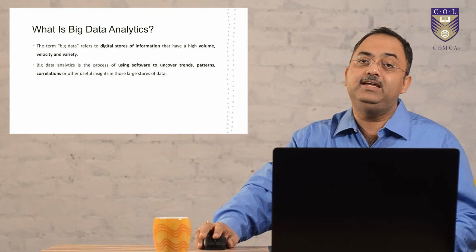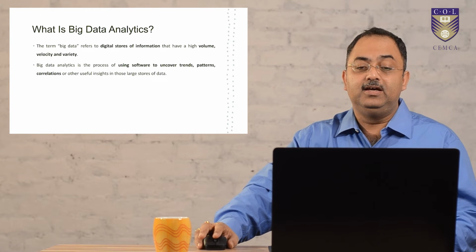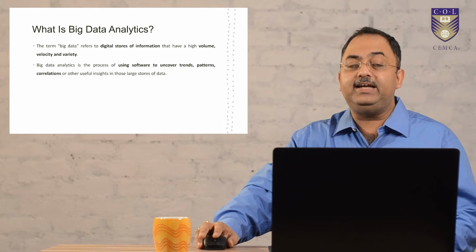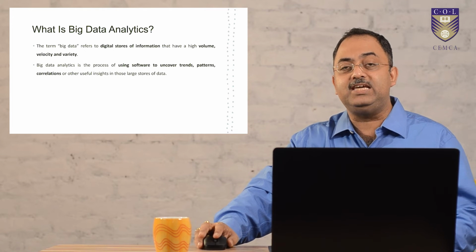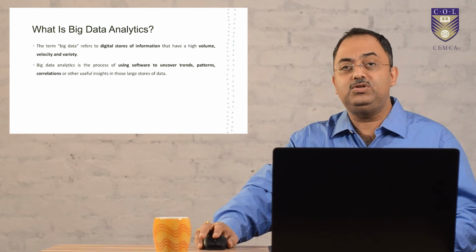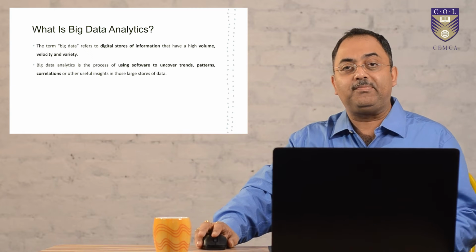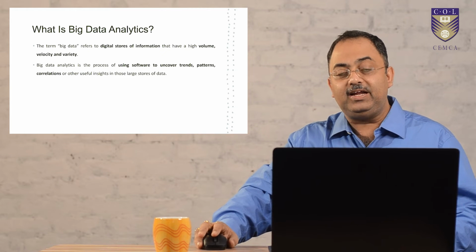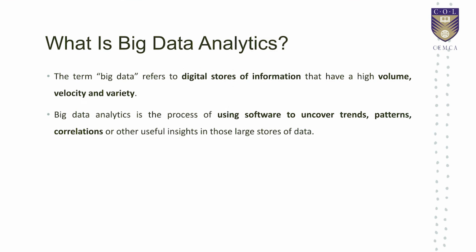As you understand, big refers to the size, which means there is a huge volume, and it is nothing but what you see in a large size supermarket or a kind of wholesale like Costco or Sam's Club. It is very similar in terms of analogy. It is a huge digital store, which contains an enormity of information. Like you go and buy in a store, you can also buy from that digital store.